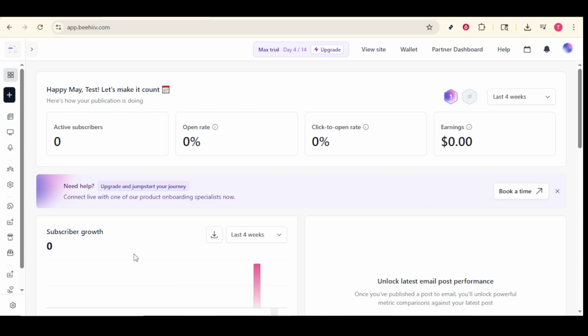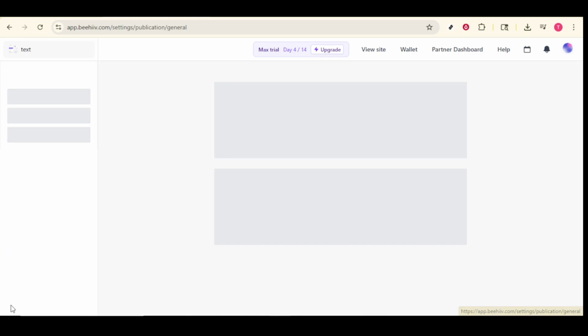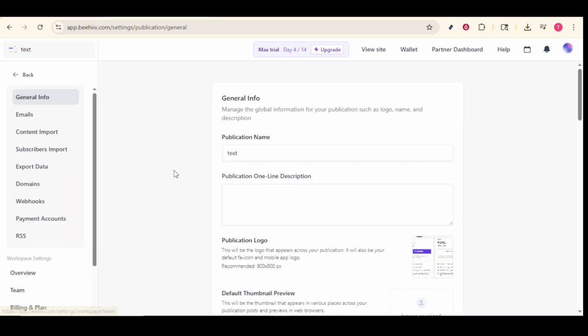Once you're on the dashboard, take a moment to locate the settings icon. Depending on the website layout you have, it might appear in the upper right corner or along a sidebar. Clicking on this icon will open up a variety of settings options available for your account. Don't worry if it feels a bit overwhelming at first with all its options, because we'll go directly to what